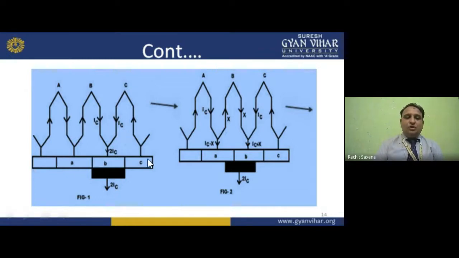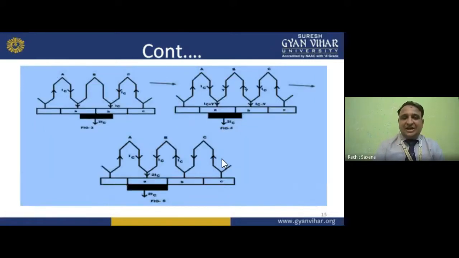In this, what is going on? If the armature is moving, meaning the rotor is moving, the brushes are also moving. In the first case, at B we are getting 2 IC. In the second case we are getting again 2 IC, but shifted from A, small at A, maximum at B. In the third case, again it is at B, leaving A, again we are having 2 IC, some part at B and maximum at A. Again we are getting 2 IC. Now at A again, as it rotates, we are getting A. So that is the commutation process, how it follows. I hope you understand how it follows.